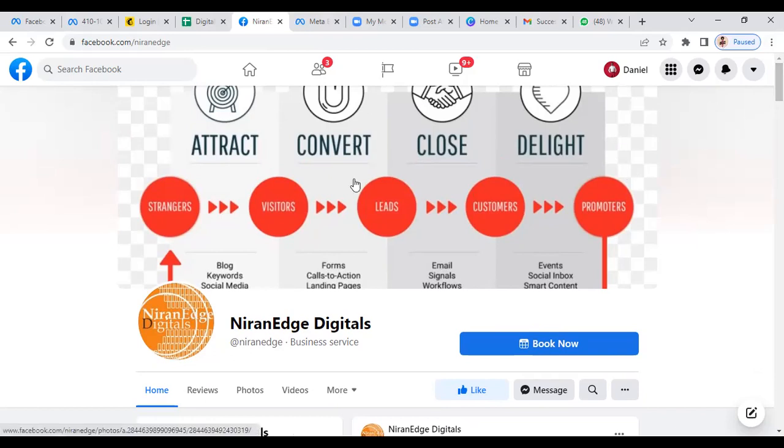Your cover photo, it is advisable that you have a customized cover photo for your business page, in line with the kind of logo you are using. So there must be a relationship between them. But when we are talking about content, we have attract, convert, close, delight. We already know we are talking about marketing, a funnel. And we discovered that your name is